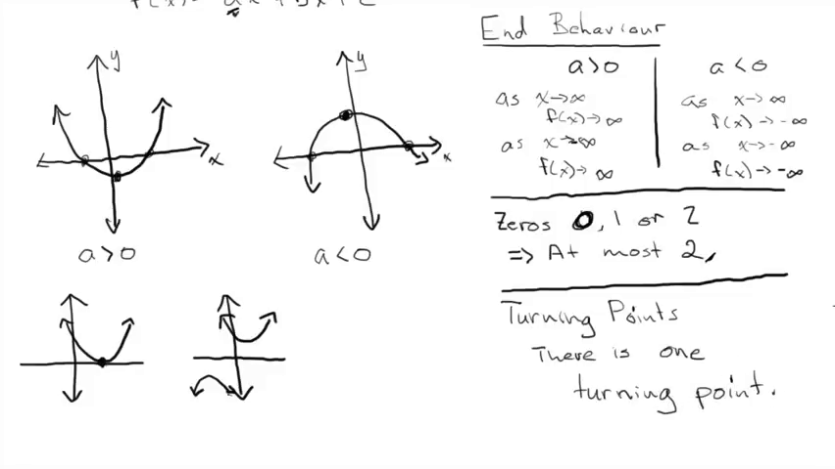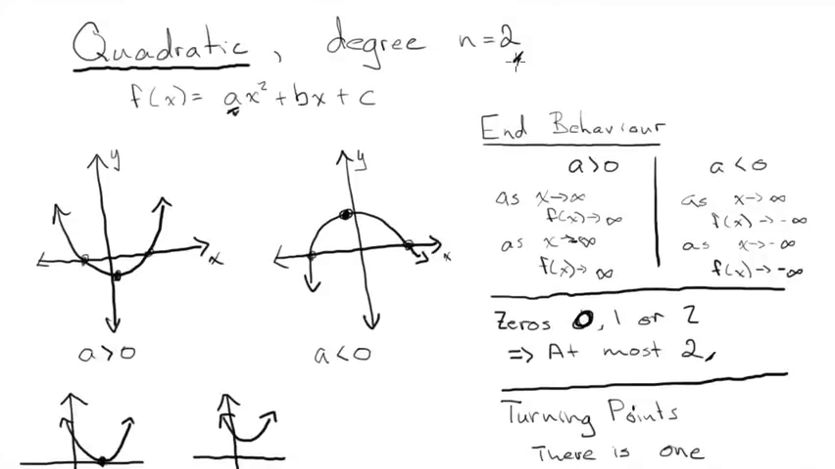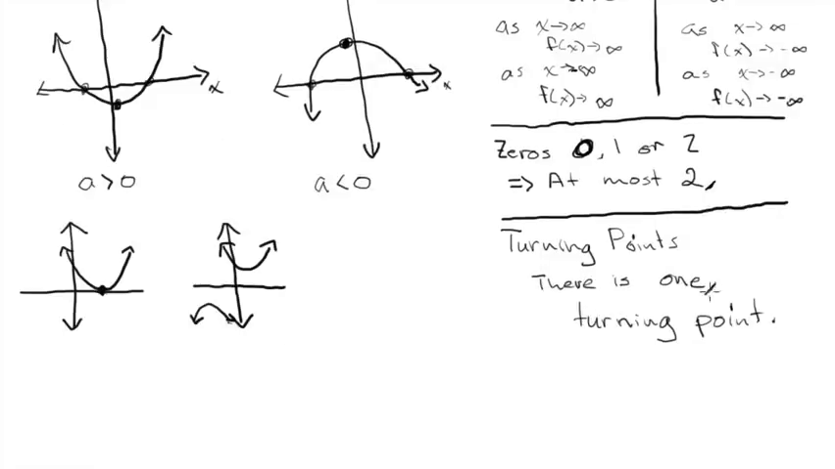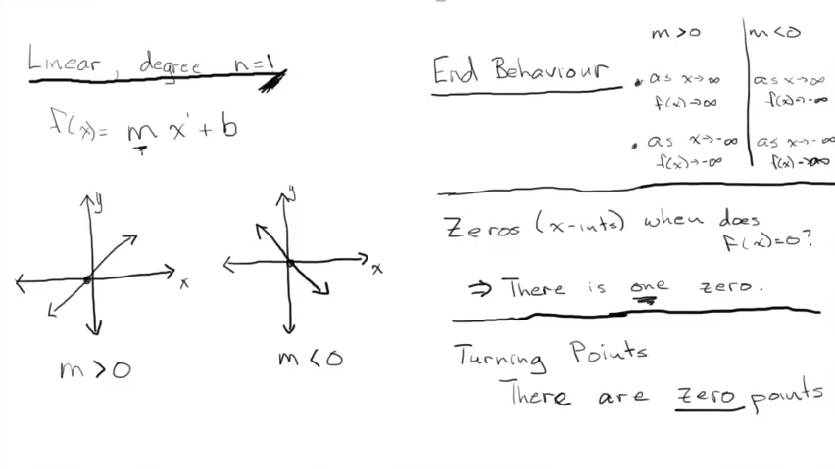Okay. So for a degree 2 polynomial, so the degree is 2, you have one fewer than that many turning points. So you have one turning point. Remember with linear, degree 1, linear was degree 1, you had one less than that many turning points. So you had 0 turning